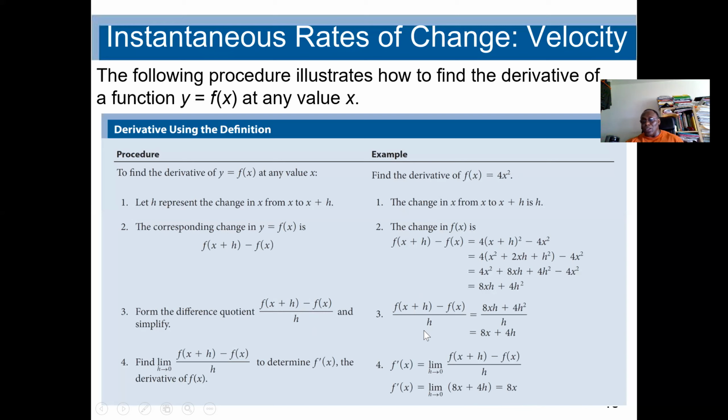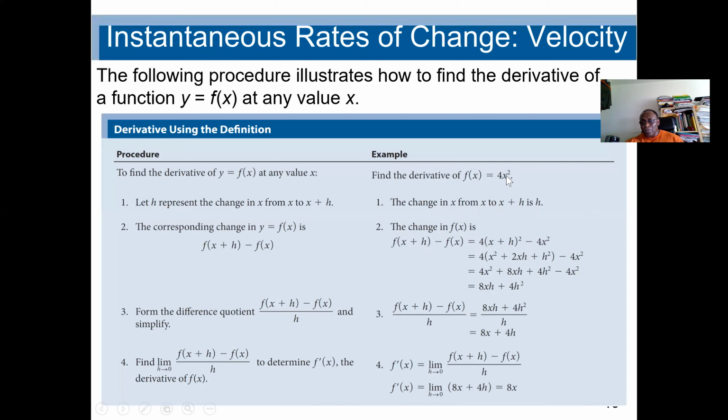Again, we're going to study the formulas next class. So the example given to us is f of x equal to 4x squared. Our goal is to find the derivative of this function. We use the formula f of x plus h minus f of x over h. So the change in x from x to x plus h is h. Now the change in f of x is f of x plus h minus f of x, almost like the average rate of change. So this means